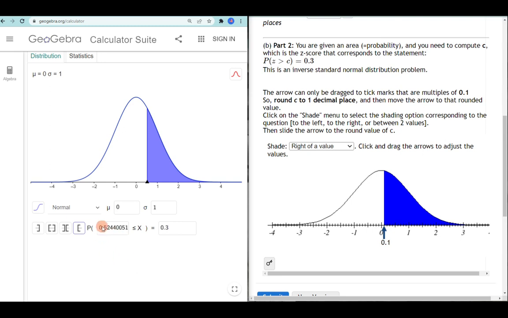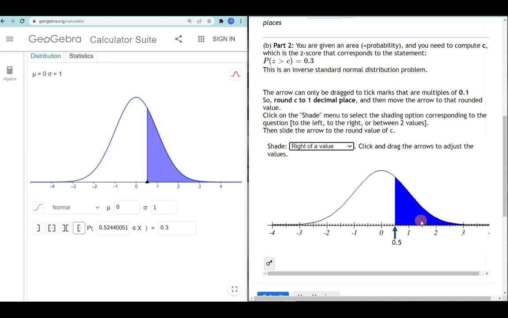In other words, for a z-score of 0.5244, the probability that a z-score lies above 0.5244 is 0.3. This question asked me to round to 1 decimal place, so 0.52 rounded to 1 decimal place is 0.5. I will move my cursor here, and this is the answer. The area here is 0.3. I have found the value c, which is 0.5, such that